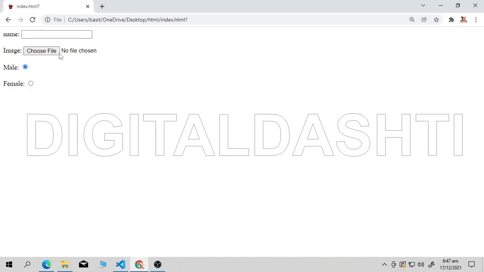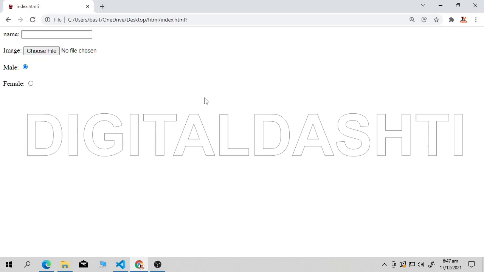Radio, how you can take image, now it is your name. You can take another input field with the last name, father name, or anything you want to take. If you want to take password from user, inside your type attribute just write password, nothing else, only password. So guys, this is how you can create a form by using HTML. These are very basic elements I have told you right now.